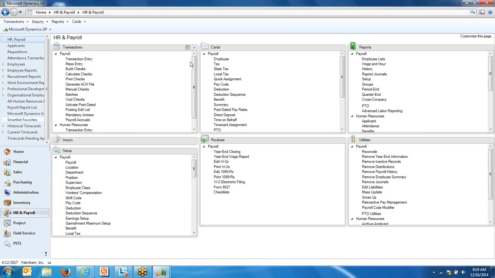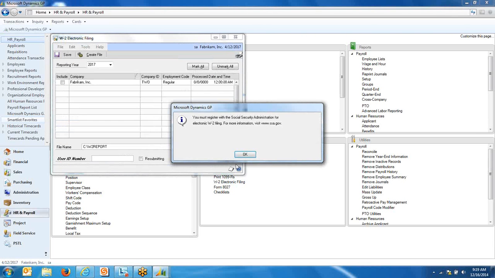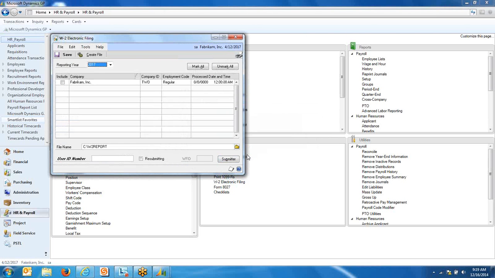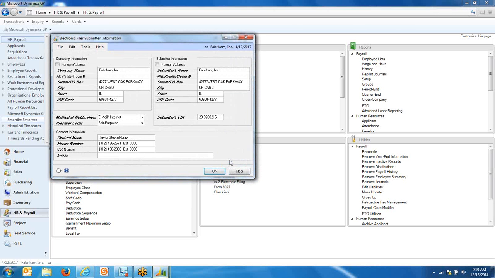So on page 28, step number 12, on the W-2 electronic filing component, what you would do in here is the actual file name that they're going to want. And then if there's any submitter information that you need to validate, which is your organizational information,